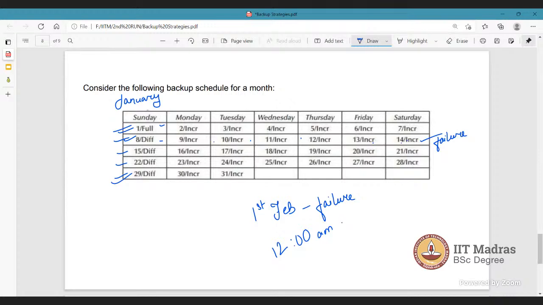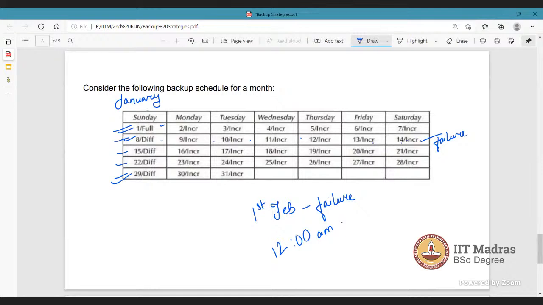Actually, no. I'm trying to understand. If I take a backup, the backup disk is separate, right? Apart from the system, the system is using its own data, right? Suppose my system has my data, but if I take the backup, the backup disk is not attached to the system. So on the 14th, when it's doing the backup, at that time there is a failure. So the earlier data was in the backup disk or folder, whatever. Isn't it? This situation is not clear to me. That's why I'm asking the question.